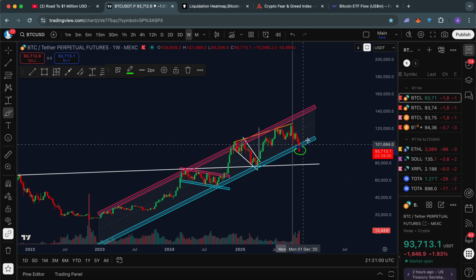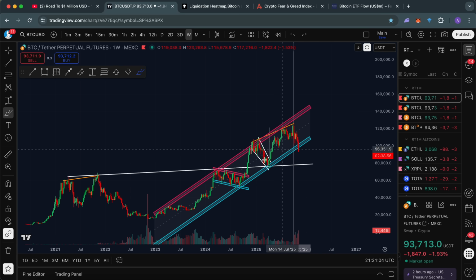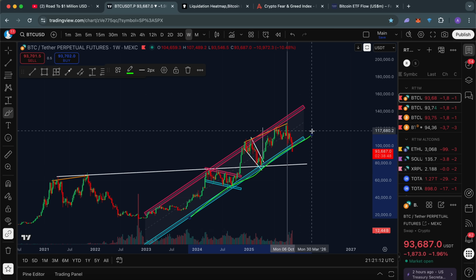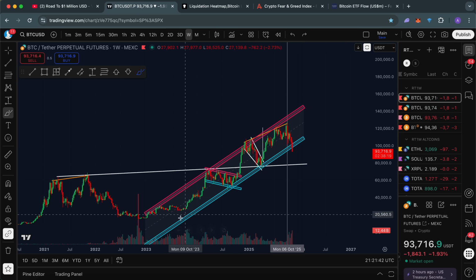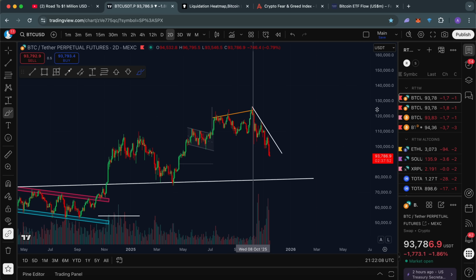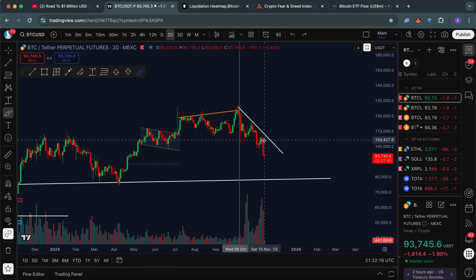So this is actually going to be a major warning signal flashing here on the 1 week time frame, breaking this ascending trend line. Typically it does not matter which time frame you are looking at. If you're seeing a break of an ascending trend like this, especially if it has been holding for such a long time, that is usually not a bullish signal. Although, like I said, I also want to show you some evidence contrary to all of these bearish outlooks. But as always, we're going to keep it 100% objective in this video, showing you both sides of the analysis.